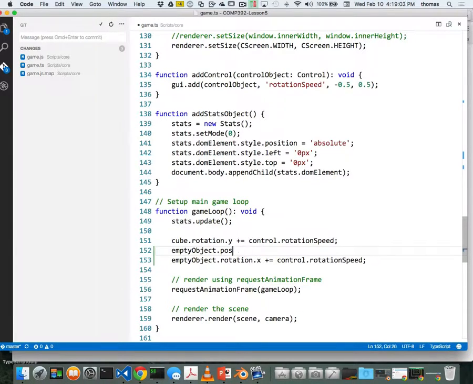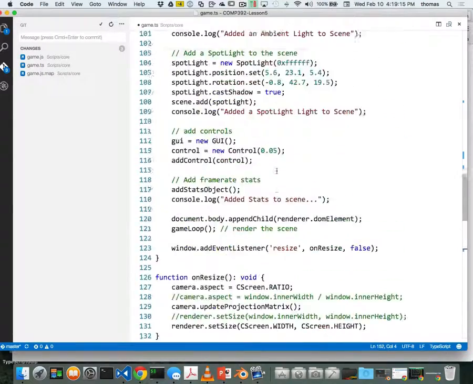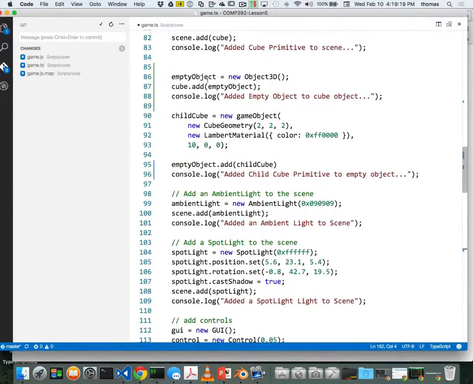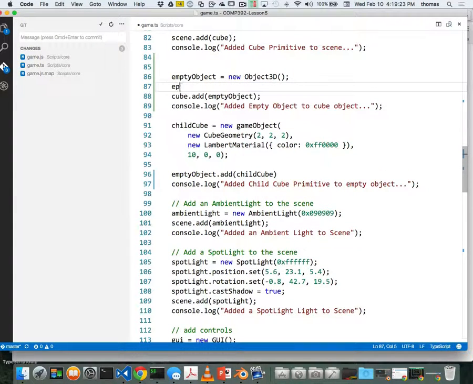What about if I did my y at the same time? So if I did my y, all it's going to rotate is in itself, right? That's all it's going to do. But I want my empty object to rotate itself, and I want it to rotate if I offset it just a little bit. Let's see what happens if I offset this thing. So instead of my empty object starting in the center, if I offset it here, right? So if I go empty object,